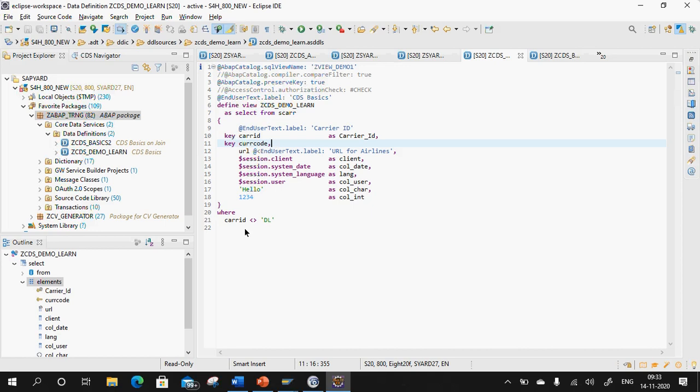But in real-time requirements, you cannot have static where conditions. You will have dynamic where conditions wherein the user will pass the data and then you need to change the same. If you want to handle it with dynamic filter criteria, then you need to handle it through CDS with input parameters, wherein user interaction will be required.